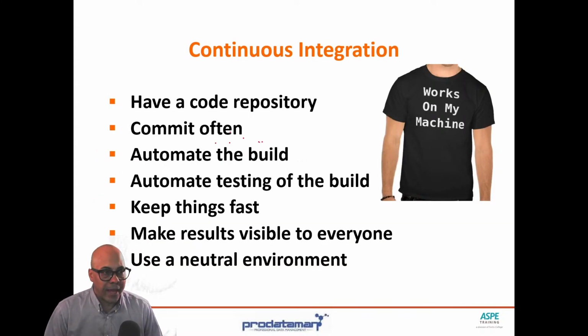All right. So we have to have a code repository first. And then in order for this to really make sense, so we get feedback early and often, we commit often, which is why we set those delivery team tasks to 2 to 4 hour increments. So that means at least once a day, hopefully twice or more per day, each team member is committing something to version control. That commit will trigger an automated build. If the automated build succeeds, then that will trigger an automated testing of the build, so an automated test run. And all the tests that were included in that commit will be executed automatically, assuming that Azure DevOps understands what kind of tests those are and you have the right NuGet packages loaded.